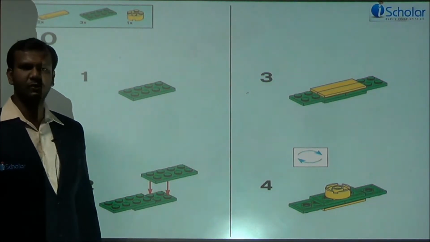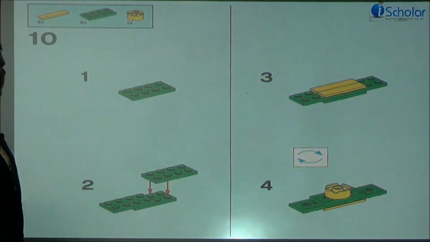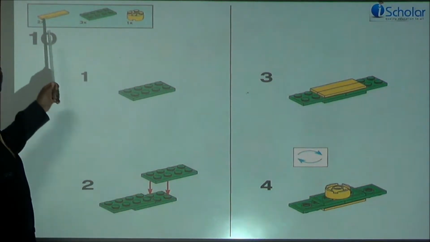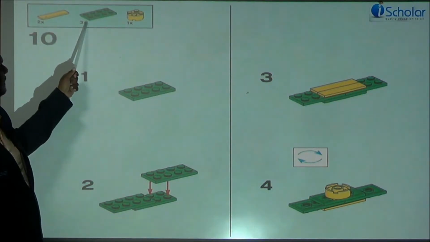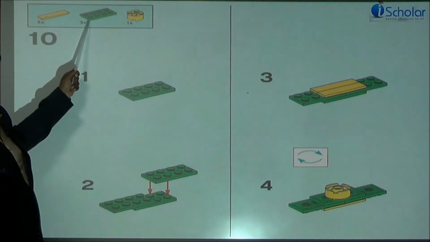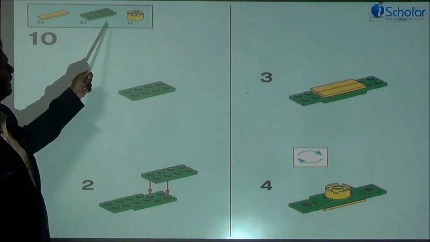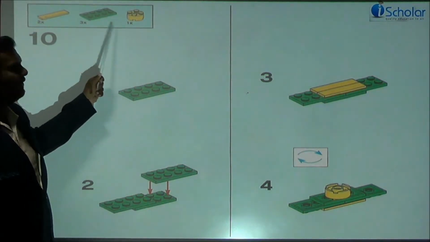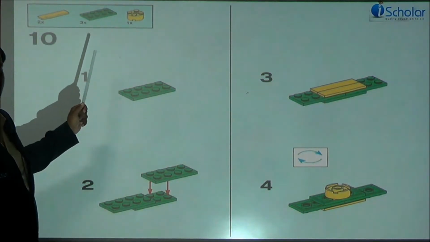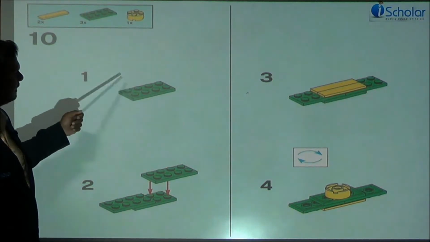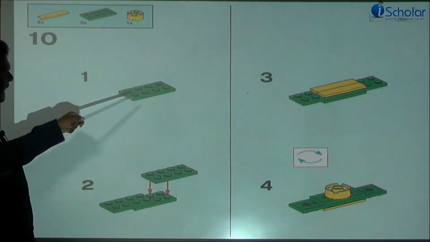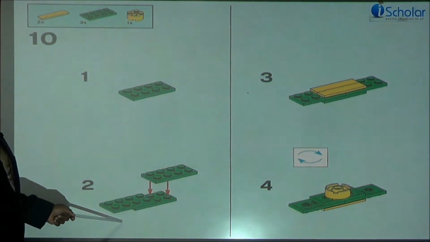Yeah. So we can do step number 10. In step number 10, children, from your kit, you have to take the supporting beds which you have seen in the image, 2 in numbers, and 4 dotted green blocks, thinner green blocks, 3 in numbers, and an arm. Identify these 3 components correctly and take 1 green block and have it aside, and on the top of it take another 2 green blocks and put it this side and that side, such that you will be getting an image like this or a product like this.